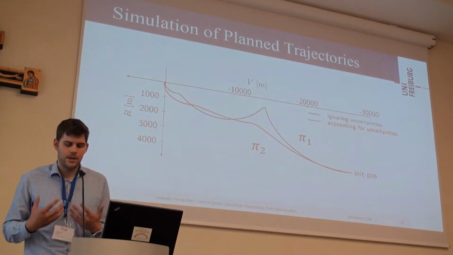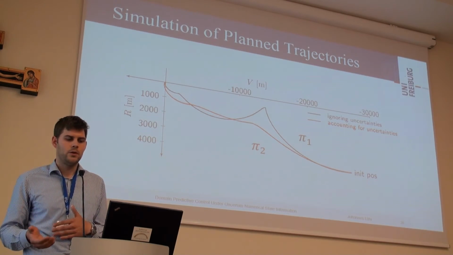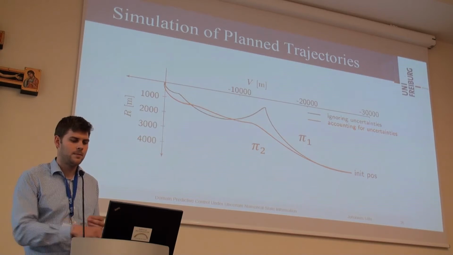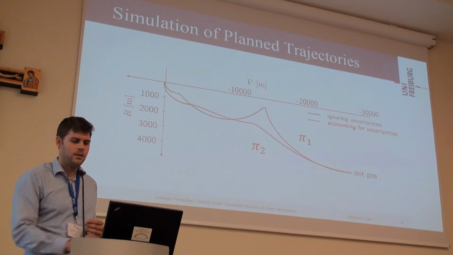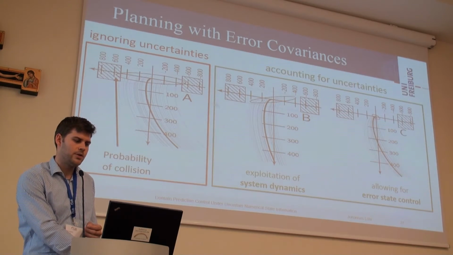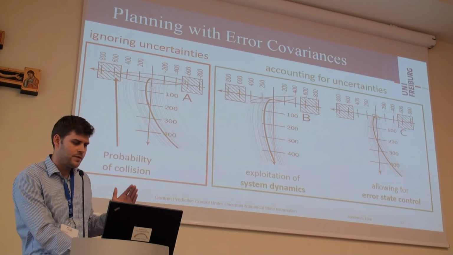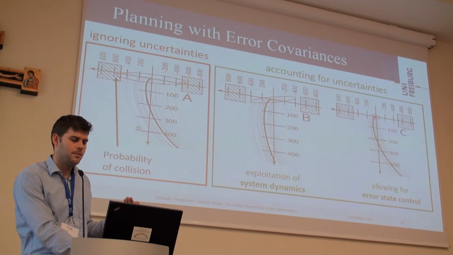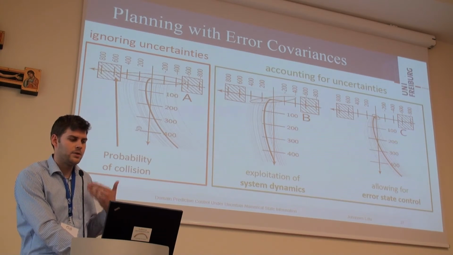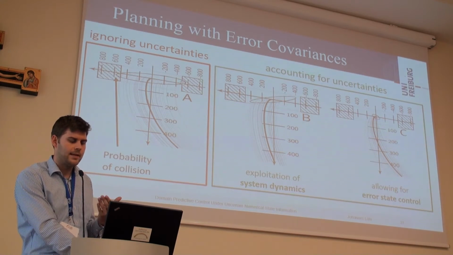And the interesting thing here was that we get two totally different approach strategies if we account for uncertainties or if we do not account for uncertainties. So where's the difference? How to connect the initial state with the goal state? Well, we have a closer look at the goal region, which is this one here. We see that there are some, I hope you can see that, gray lines. This is the planned evolution of the states, and the gray lines are Monte Carlo simulations of the perturbed plan execution, and we see that some realizations here really end up in the state which